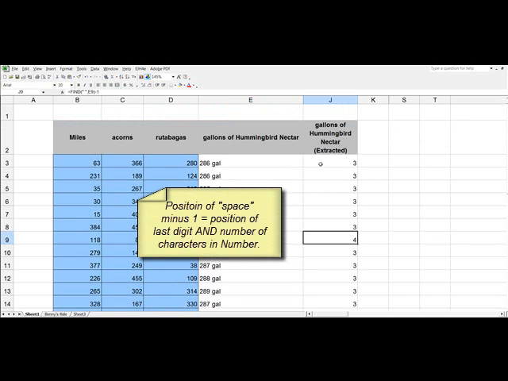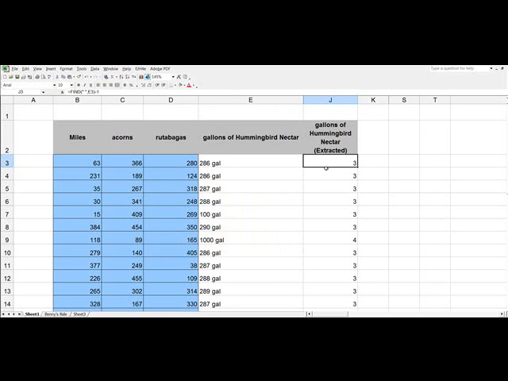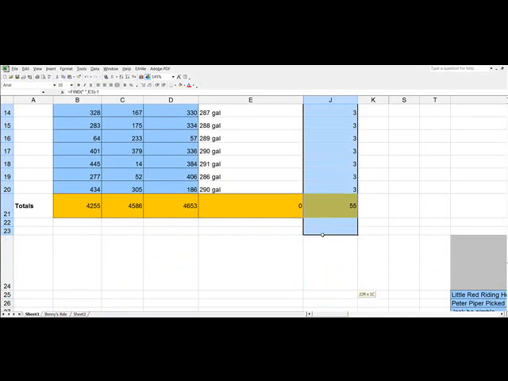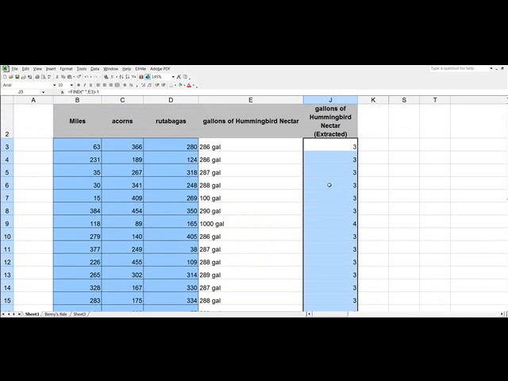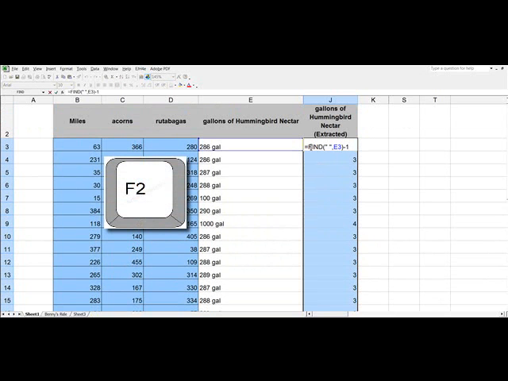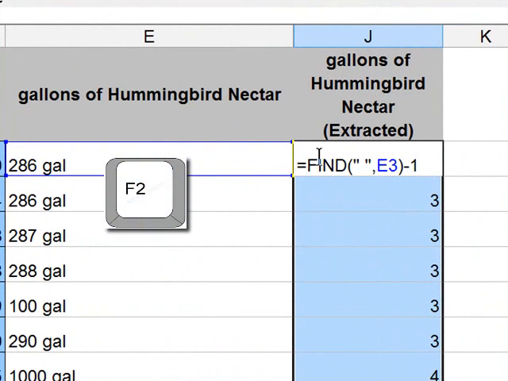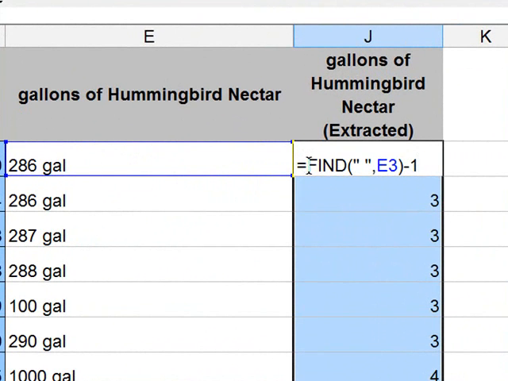We're ready to modify this formula one more time. So I'm going to select them all. We'll do this all at one time. We're going to put this into edit mode by pressing F2, and we're going to nest this function inside the left function. What the left function does is it pulls out characters from the left side of a cell. So equal LEFT,